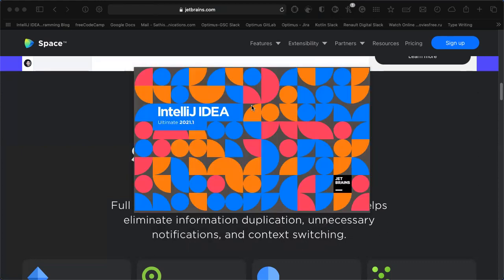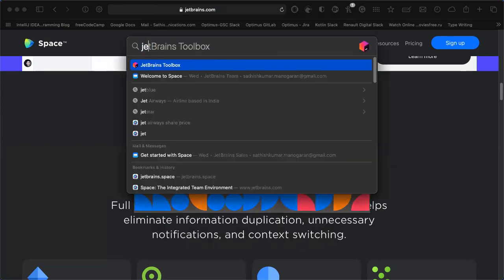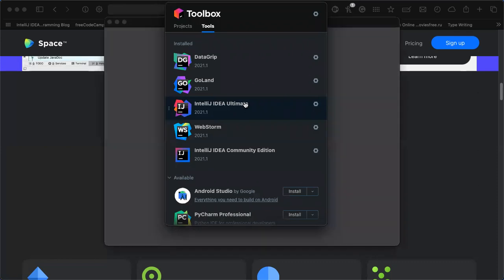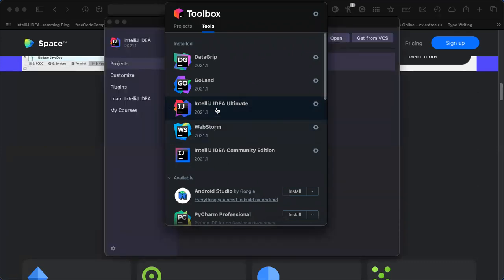Satish, I have one small doubt. That WebStorm you told is only for UI, right? So in IntelliJ itself we will be able to do the UI side also, right? Okay, I got your question. In IntelliJ IDEA Ultimate itself, we can do all kinds of programming, including WebStorm and Golang implementation, including data connection, everything.